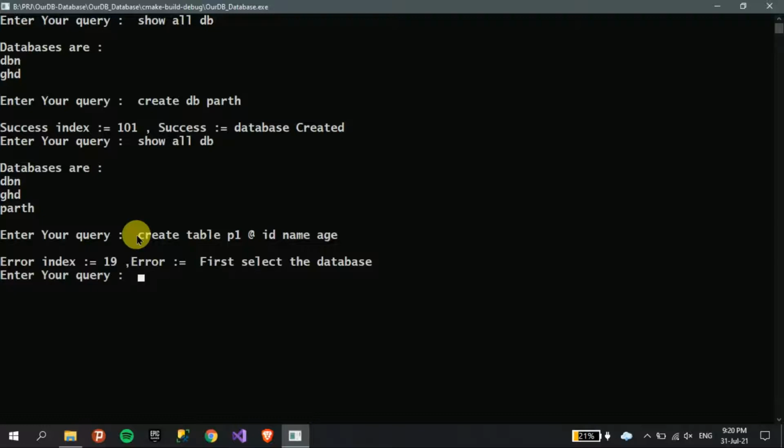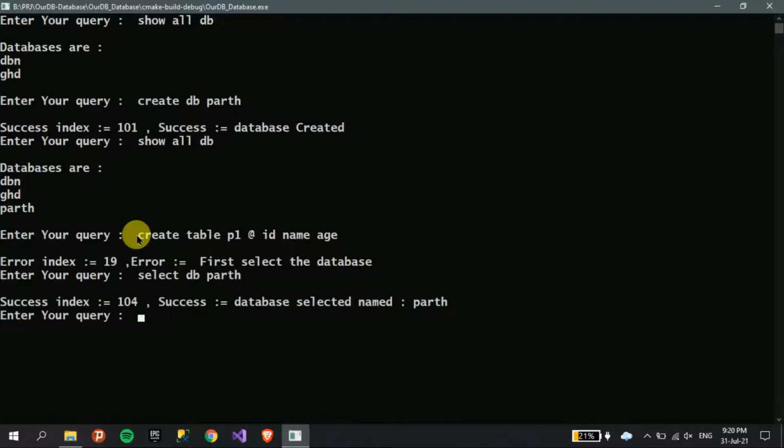First, we have to select the database in order to create a table in it. So let me select DB path. Here, as you can see, the database is selected. Now we will create the table with ID, name and age as column names.